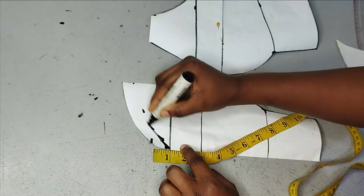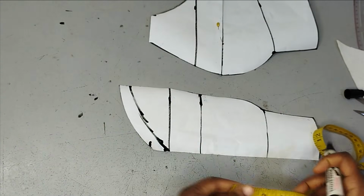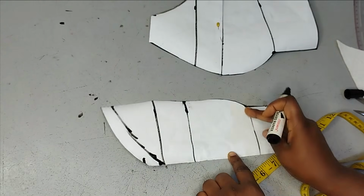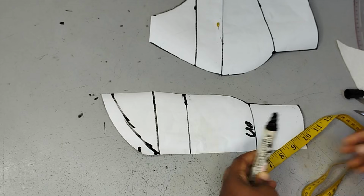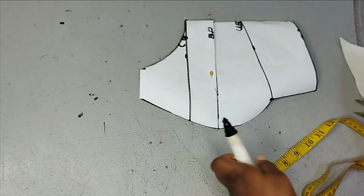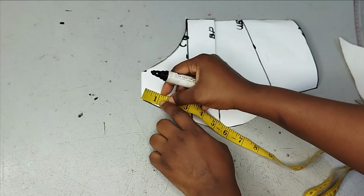So now you can see I'm removing that half an inch part, and then from here now to my underbust, this is the underbust, I will just cut this out. So you can cut this out on your pattern and then place it here so that you cut it. And then for the side, which is the main thing,